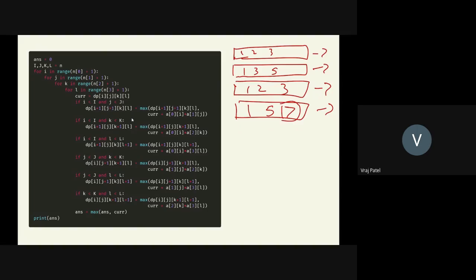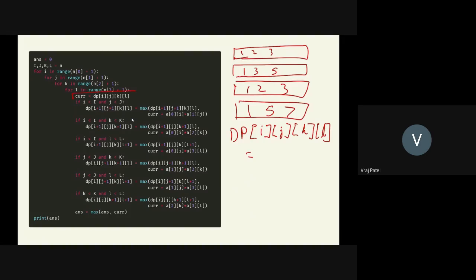So what is the DP that you construct in this case? You need a DP which is of 4 elements. So you make a DP on I, J, K, and L. First of all, yes, you start with sorting all of these input arrays. And how do you update this DP? What you have to do is update the elements of the DP based on, suppose this is the current.